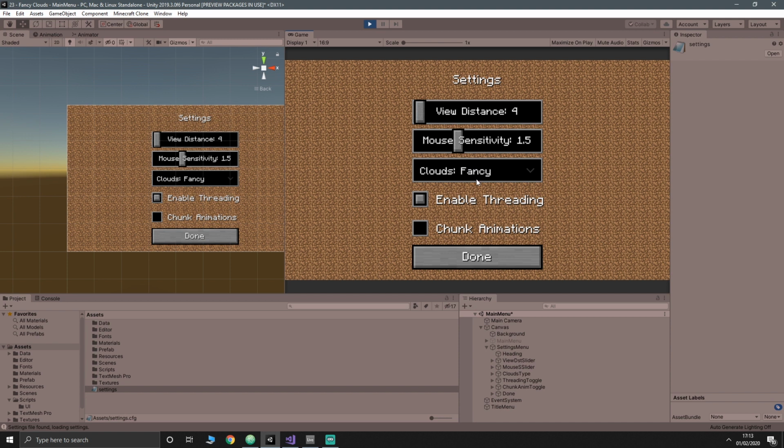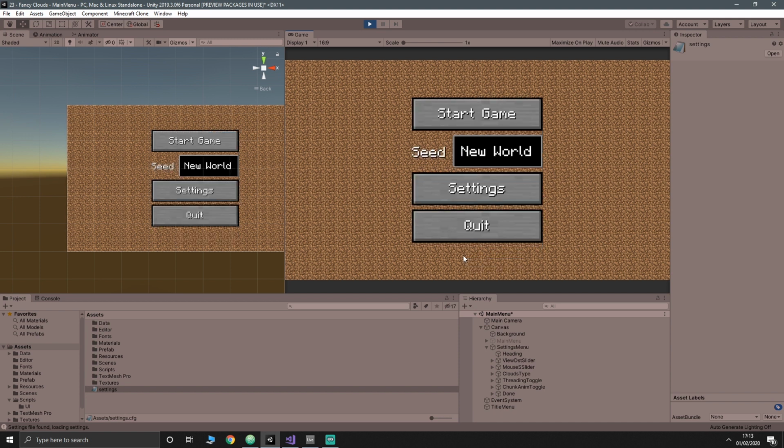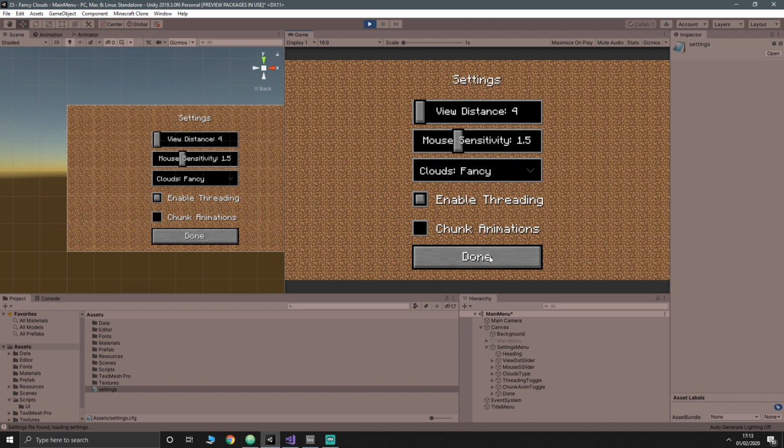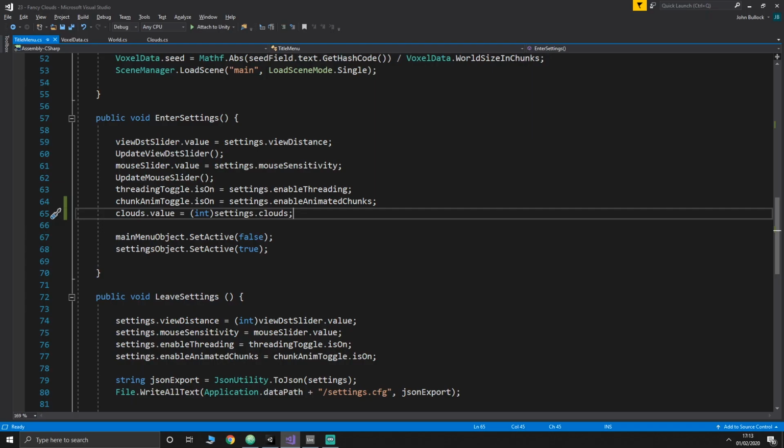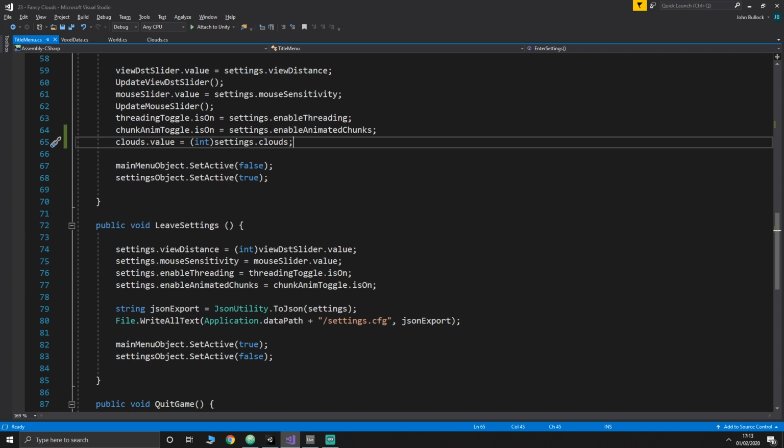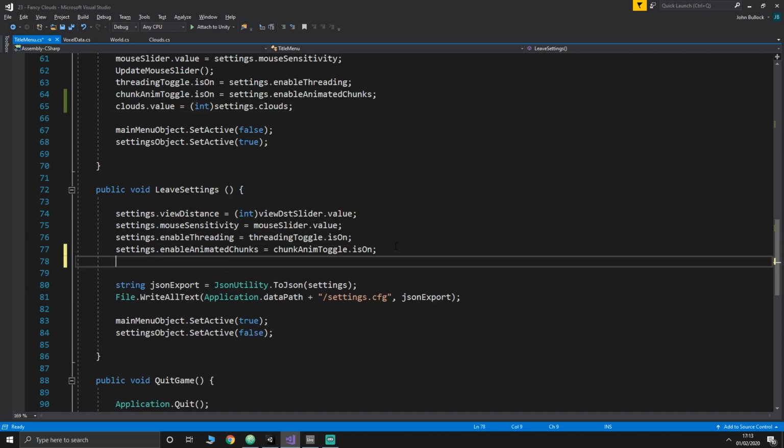So now we just need to make it work the other way, because right now if we change the setting and go out and come back in, it's still on fancy because we're not saving it. So that's easy enough done. We want to go to leave settings and just do the same thing in reverse. So